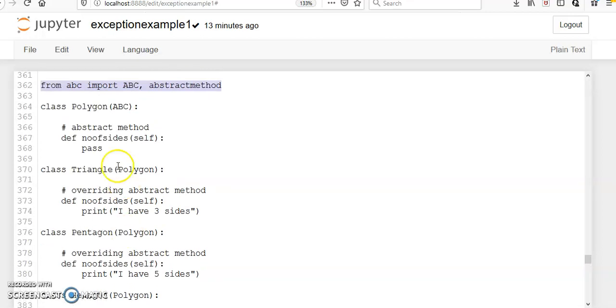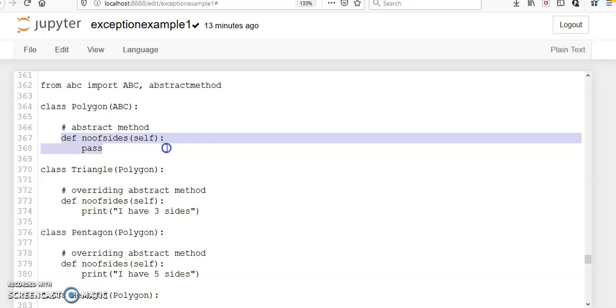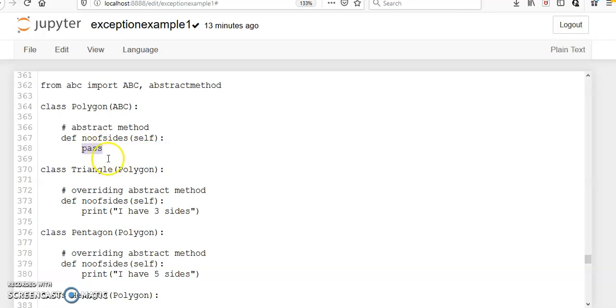All these polygons are represented as the superclass, the others are represented as subclasses, and this method is named as an abstract method because it is not going to specify anything. We just include the keyword pass so that it does not do anything. This method will be inherited by all the subclasses.